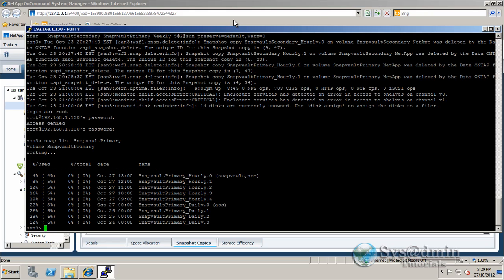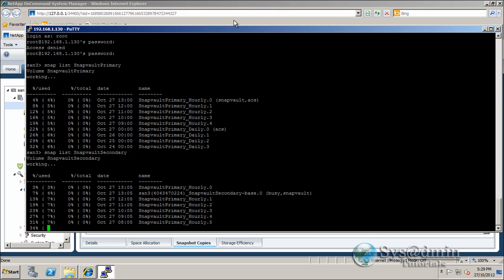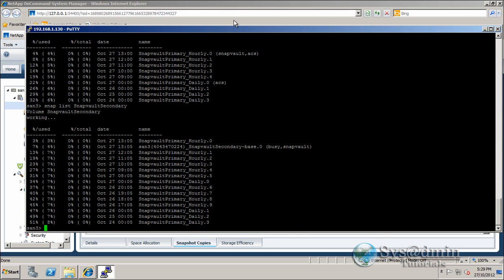So I haven't let it run more than a week. Actually, today is Saturday and it's now 5:30 PM. The weekly is going to kick in on Sunday, so actually tomorrow. So I can only show you the hourly and dailies that have been created so far. And let's have a look at the snap list that's been created on the destination, which is snapvault secondary. So as you can see on the secondary one, the retention is much higher, so we've got many more snapshots